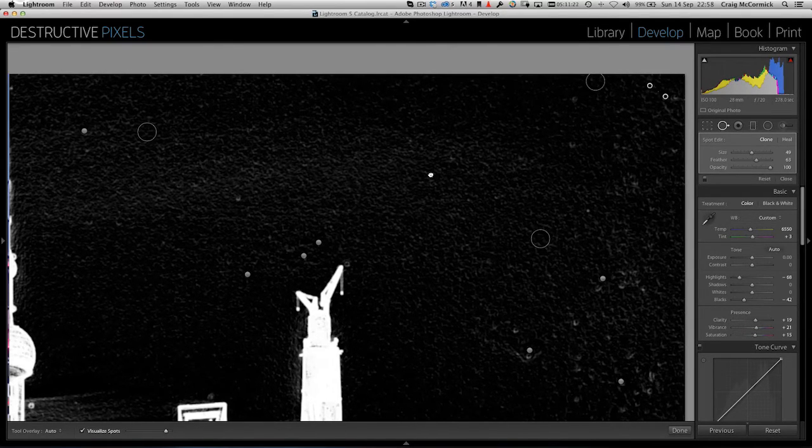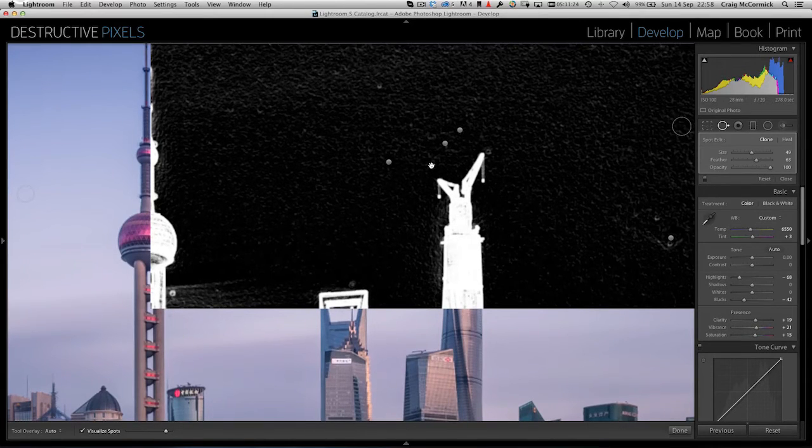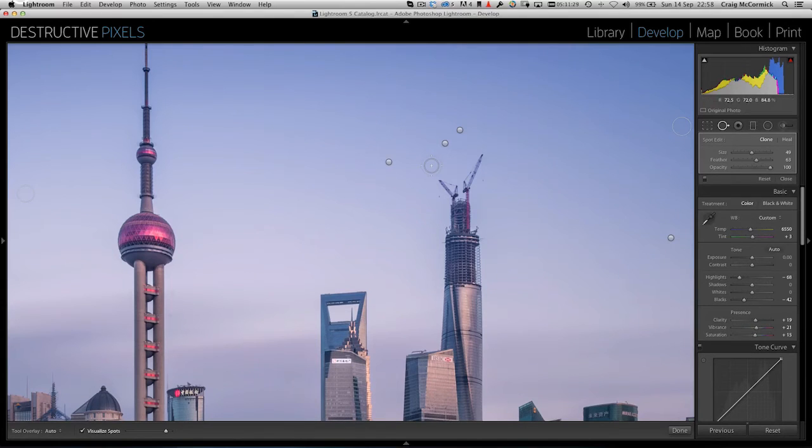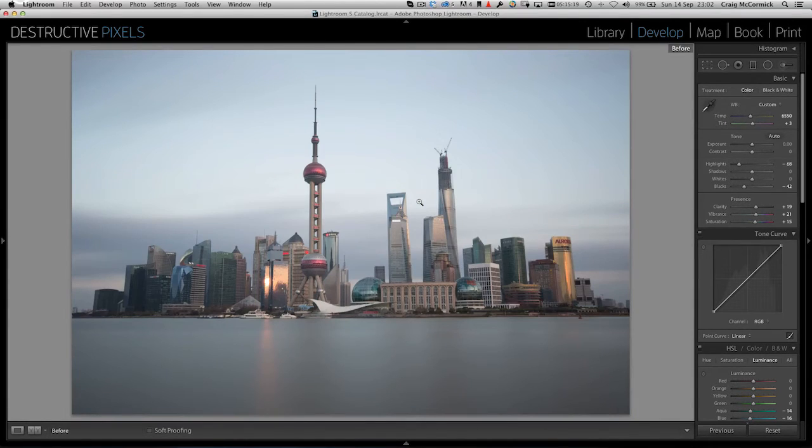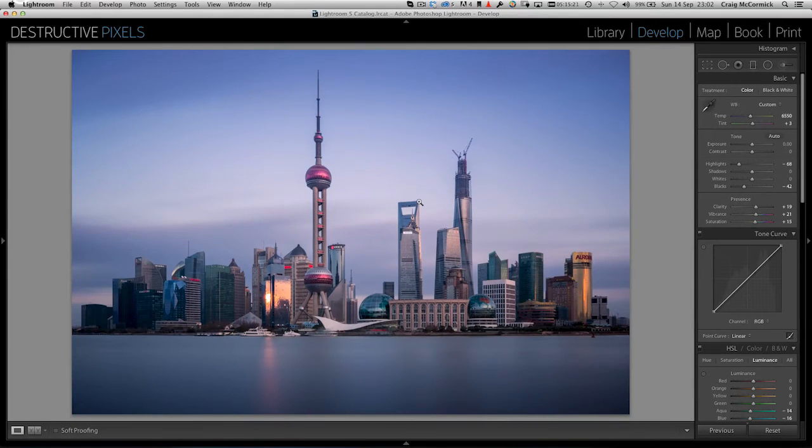So I'm going to go ahead and clean this image up, and we'll jump ahead to just before I am about to throw this image into Photoshop and do some final finish touching to it. Alright, so that's me finished with removing all those spots from there. So I just jumped ahead just to save you time from watching me do all that kind of stuff, because it takes a long time to do, especially because that glass was actually really quite filthy. But before I throw this over into Photoshop, I might as well just show you again another quick before and after. I'm just going to hit my backslash key, and that's before, the raw file straight out of camera, and that's after. As you can see, you can really do a lot with Lightroom, but I do want to do